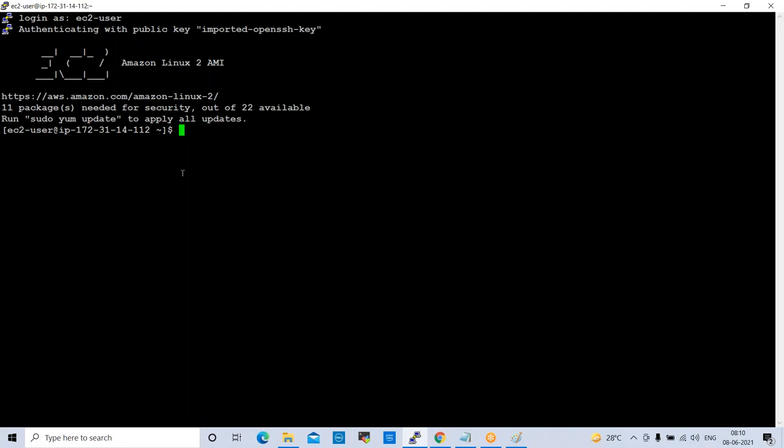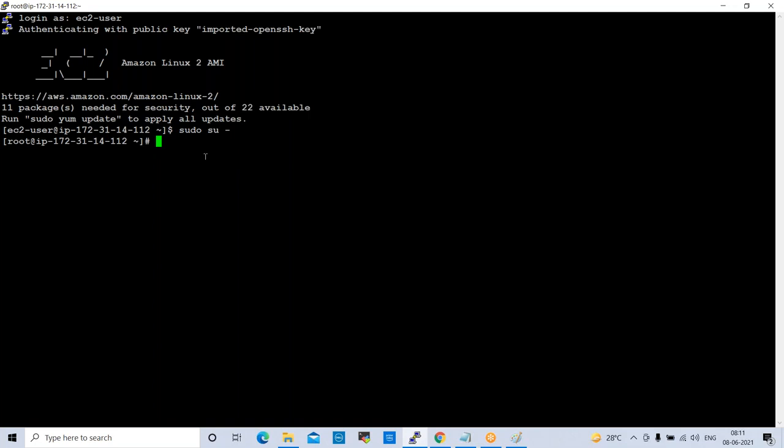So we'll switch to the root super user. To switch to root user, sudo su hyphen.